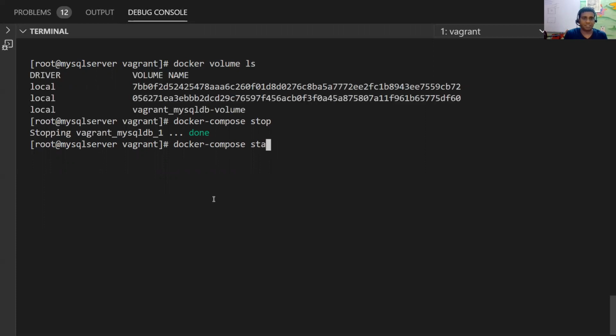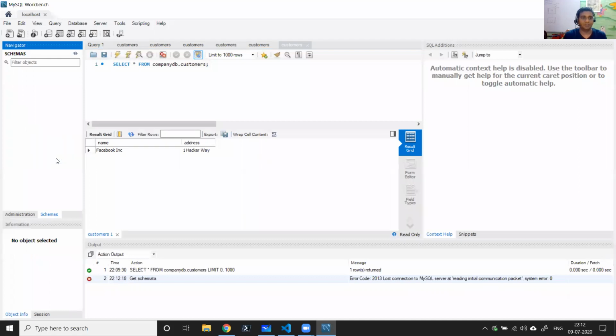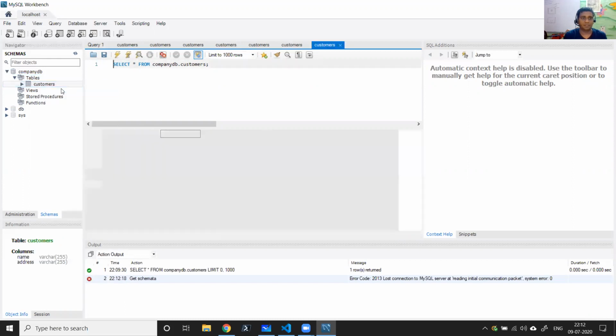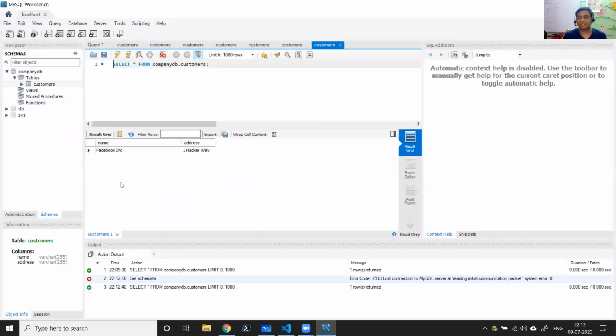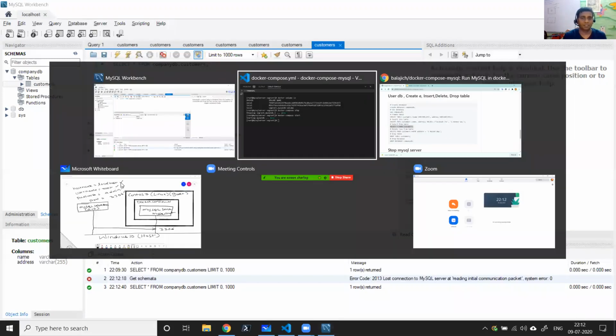Now let me start the DB. The database is started. Now let me see. Yes, the tables are there. Let me do a refresh. Let me select the first 100 rows. The tables were there. So you need not worry that you're going to lose information in your database.